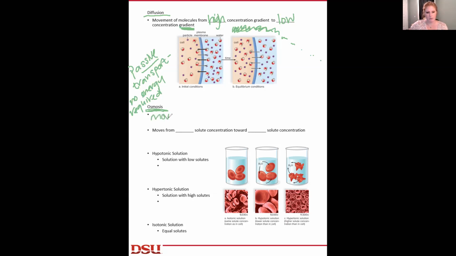And that is a huge, what do I want to say? I can't think of the word. This is what makes it different from just diffusion. So the words diffusion and osmosis cannot be used interchangeably. Because if you use the word osmosis, you're only talking about the movement of water and nothing else. Okay? Movement of water across a semi-permeable